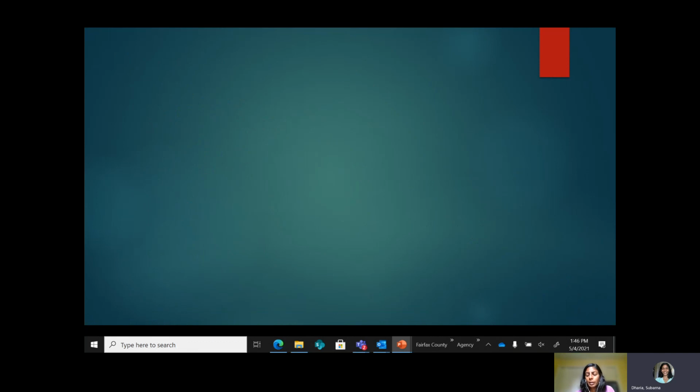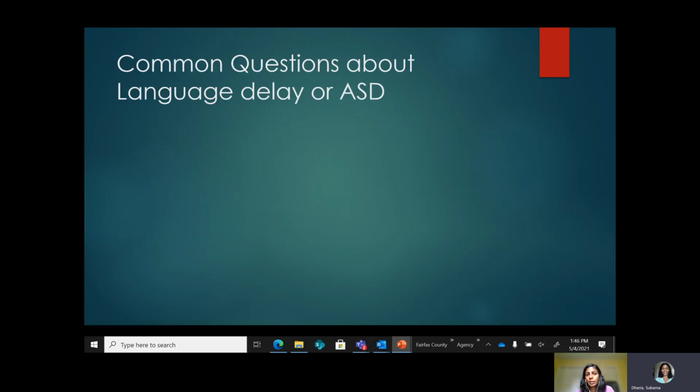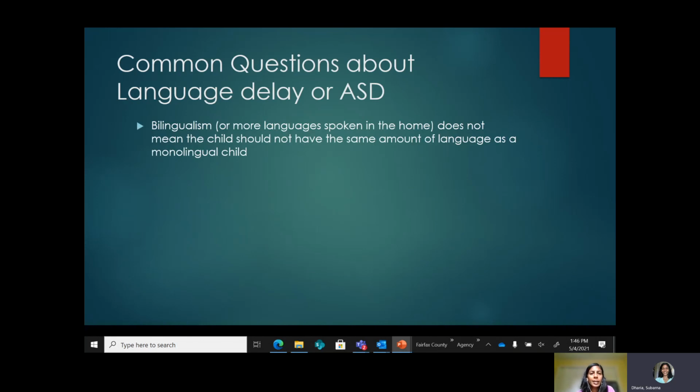So now that we know a little bit more about autism, these are some common questions that I often get about language delay and autism. Most of you probably know this already, but when a child is exposed to more than one language, it doesn't mean that they necessarily should have the same amount of language as a monolingual child. Matter of fact, they usually don't. But when you add up the words in one language and the other, they should add up to the same